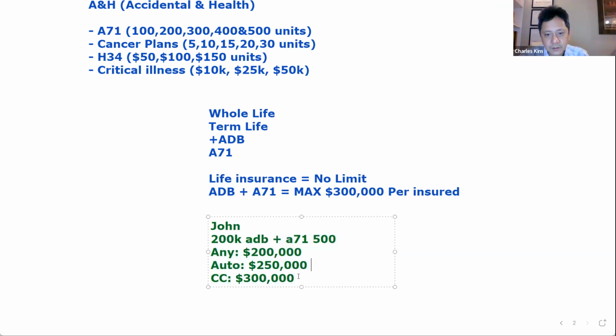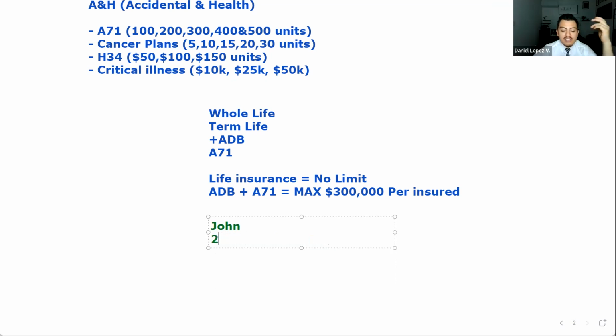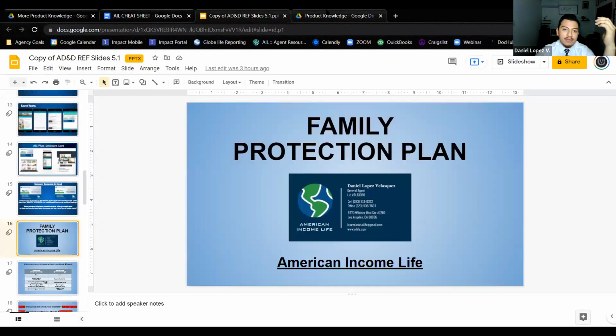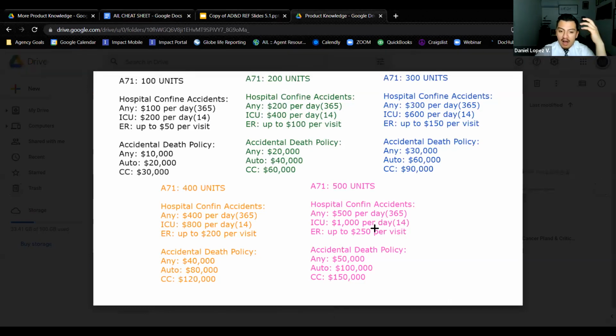Yes. So some of the applications you're gonna see back then, a lot of agents like myself and Brenda, we combine ADB with 871. Now what we're doing is we're moving away from ADB and we're only maximizing 871 because as an 871, they have more coverage when it comes to them going to the hospital. What we're doing now is we're no longer offering them any ADB. Instead, we're trying to max out the 871 unit because of the hospital confinement benefit, especially if they have kids.